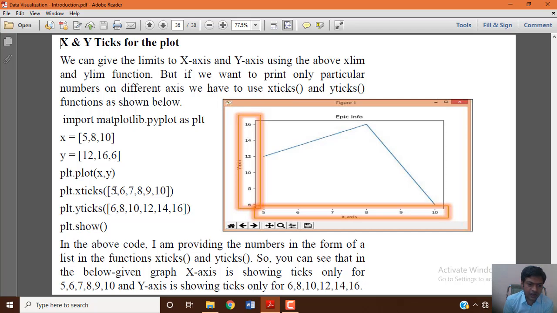So xticks 5, 6, 7, 8, 9, 10. Those values, which represented the range and the x-axis points, will be drawn in the form of ticks within the bar. You can see the x-axis values underlined with the rectangular bar, that is what xticks are. And for yticks, we can see vertically the list of values you specified, the ticks, which will be highlighted in such a way as y-axis points. Within the rectangular bar, that is what xticks and yticks are.